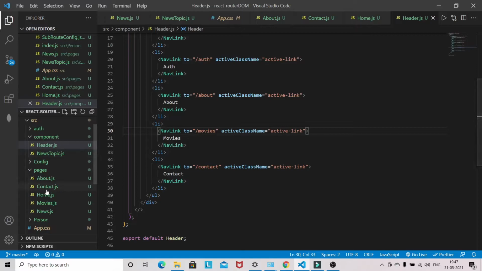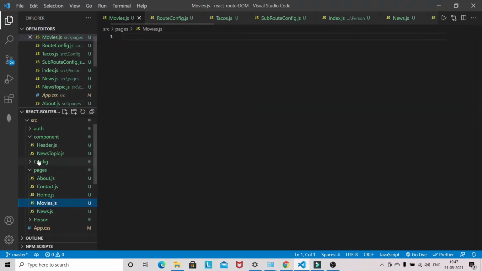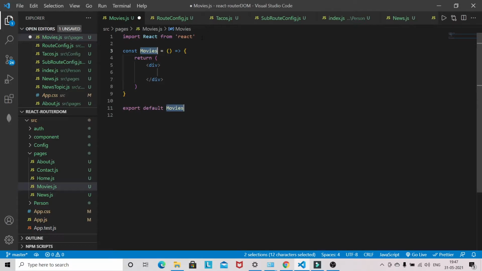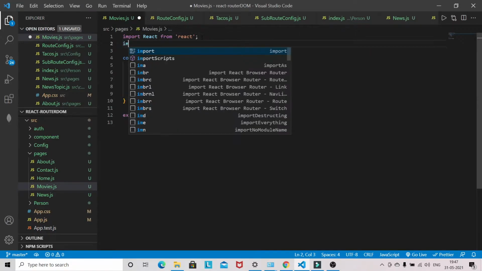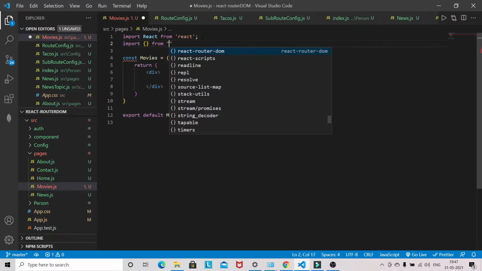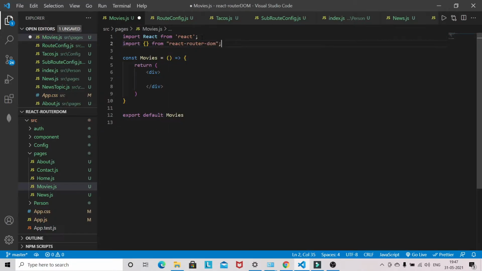Okay, and I have already created one file in the pages folder, and as of now it is empty, so I will create a snippet here, and I will import some components here like Link and useLocation. Inside that I will give one heading, movies.